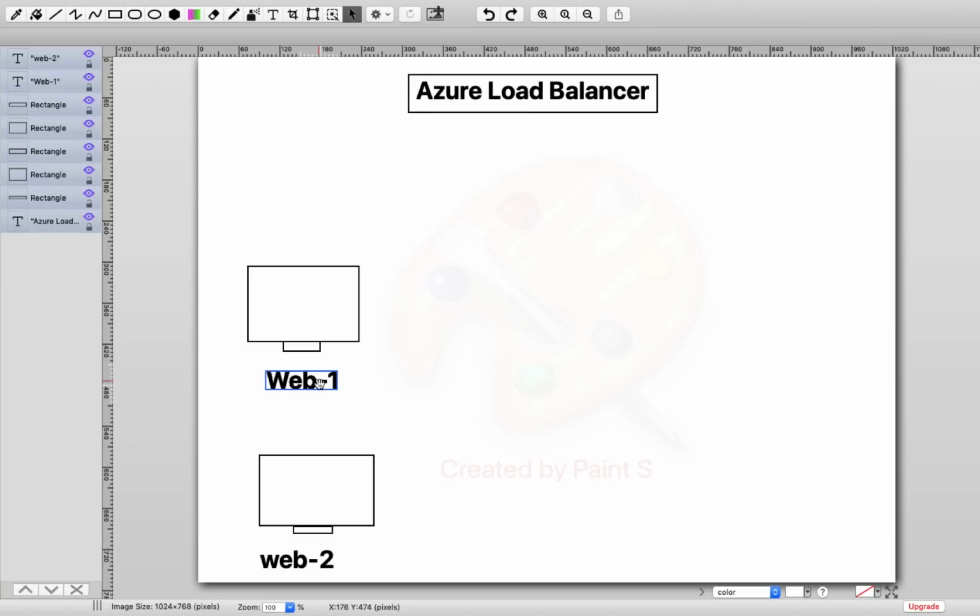Whenever we create a virtual machine, it gives you two different IP addresses, public and private, and you access your website by using the public IP address of the virtual machine where you host it. But if you have multiple machines, you will get multiple public IP addresses as well. So it is not possible to map each and every public IP address to a single domain name.